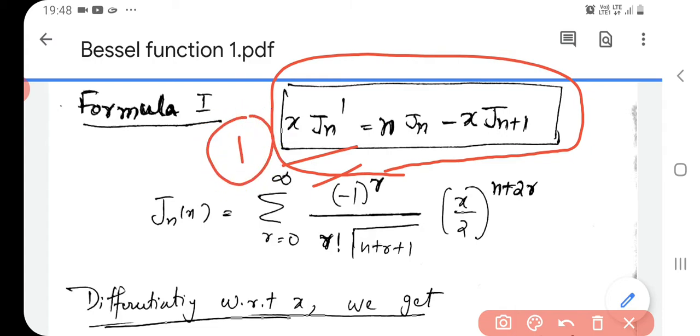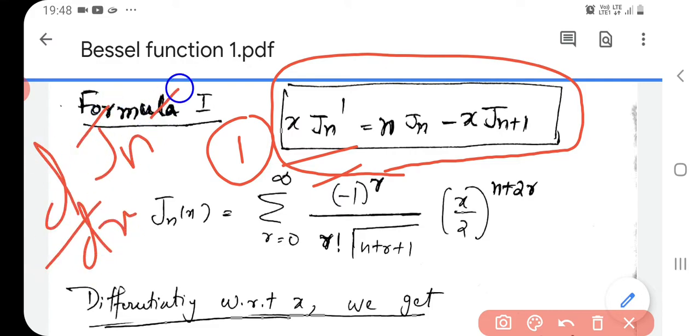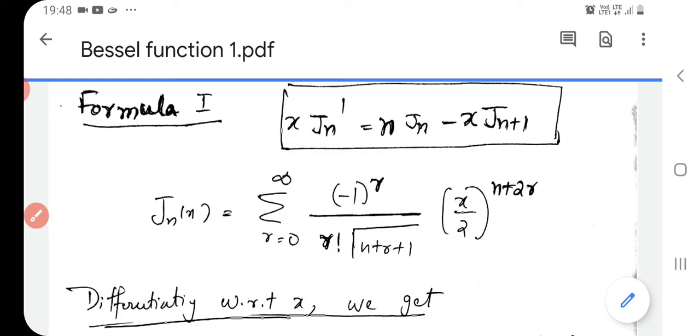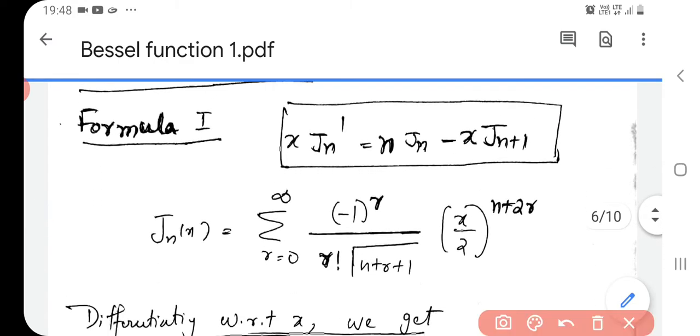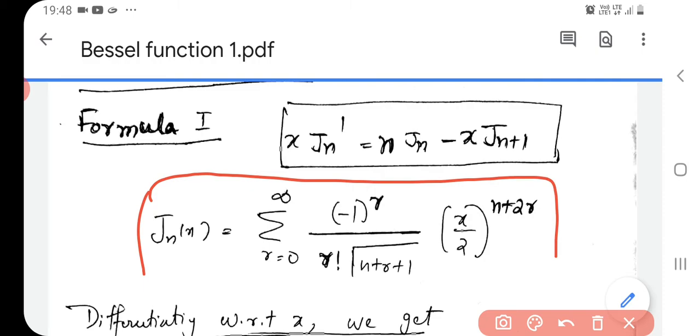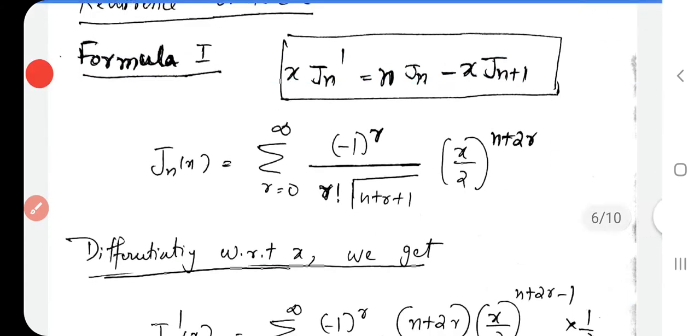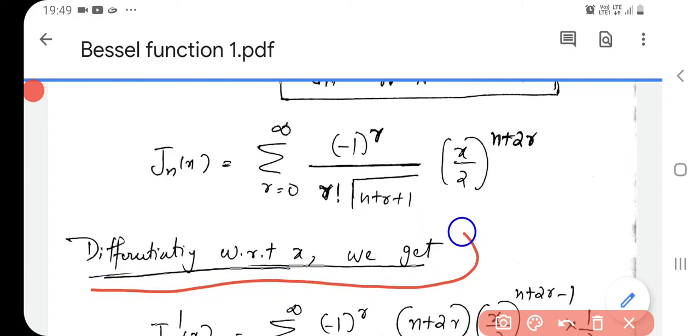Jn prime is the first order derivative of Jn of x, d by dx of Jn of x. We know Jn of x is given by this. Here we see x by 2 to the power n plus 2r. So when I take the first order derivative, we differentiate with respect to x, we get